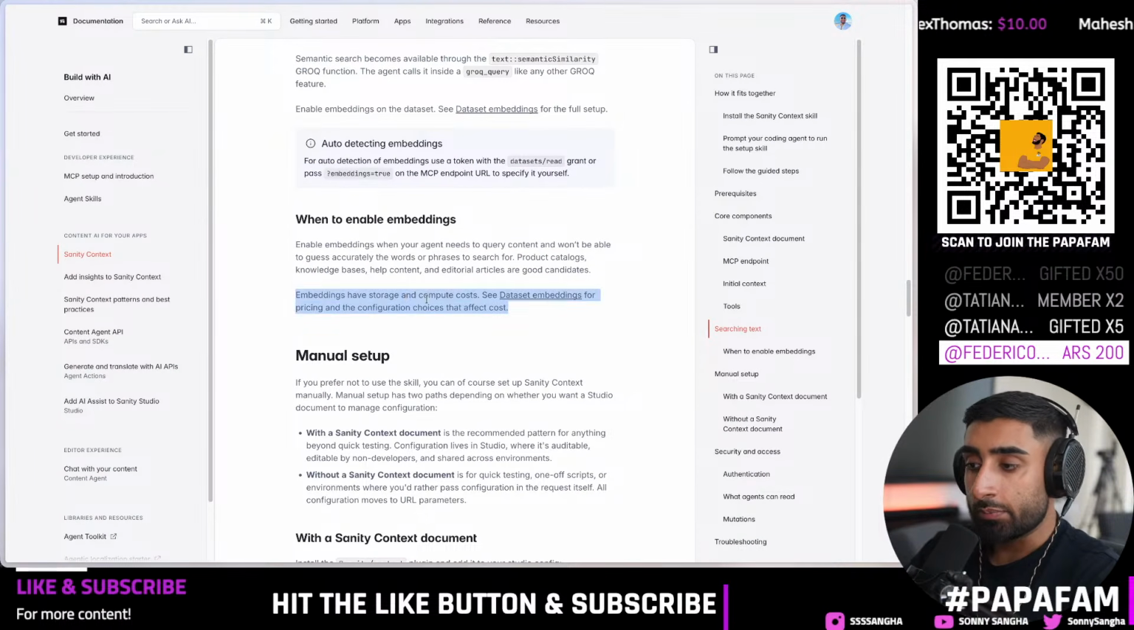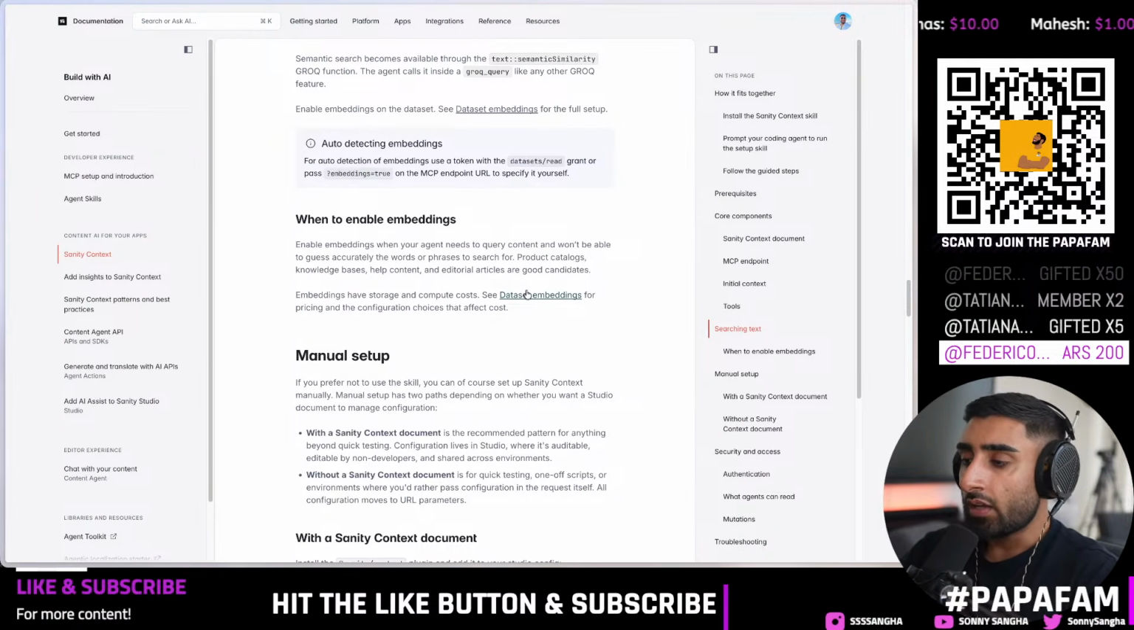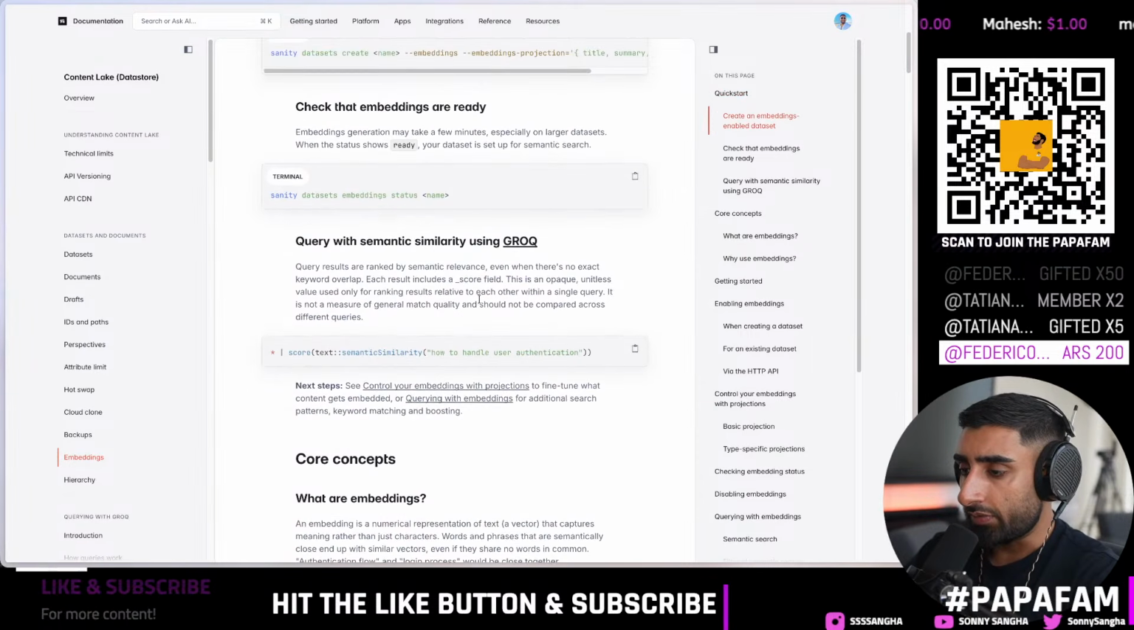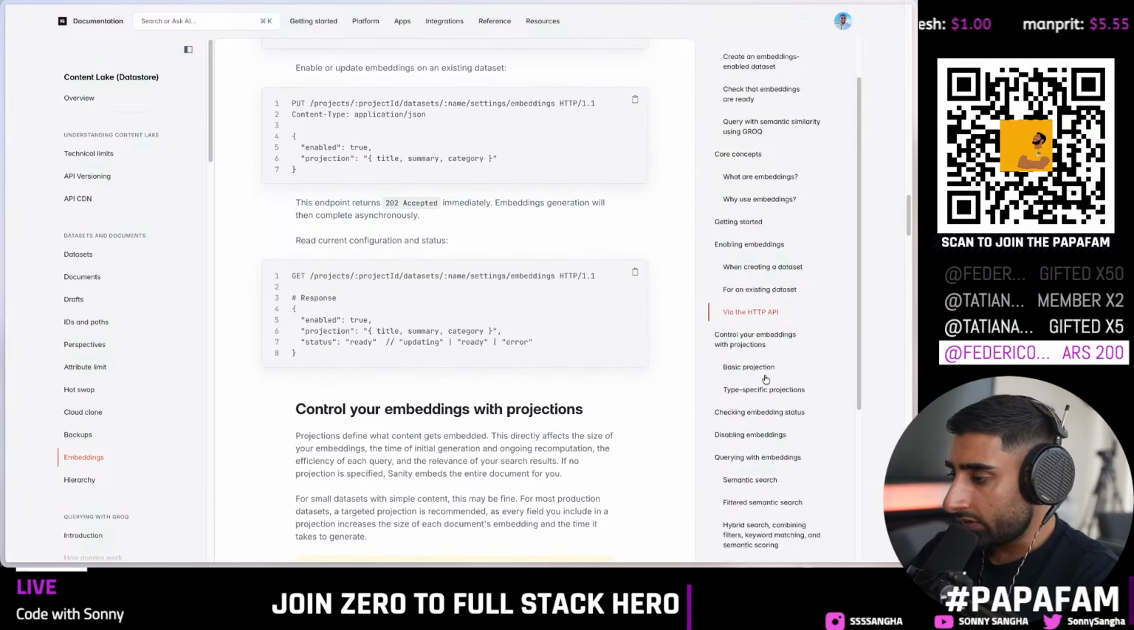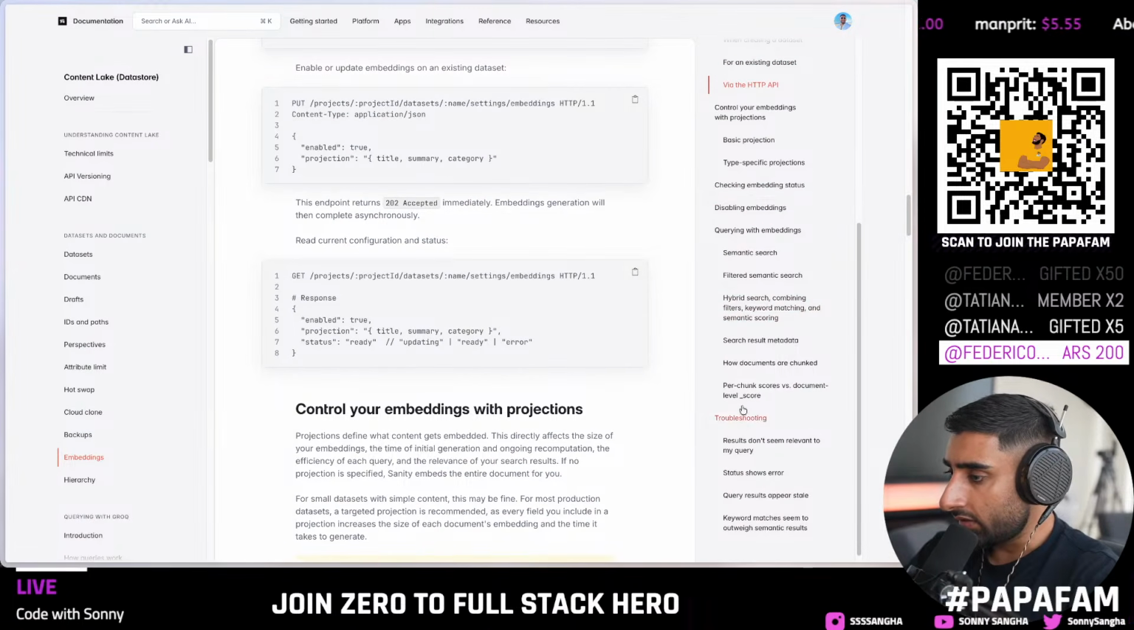Embeddings have storage and compute costs. Naturally, they will. So in that case, you will have to prepare for that. But enabling the embeddings for an existing data set, and then we can see